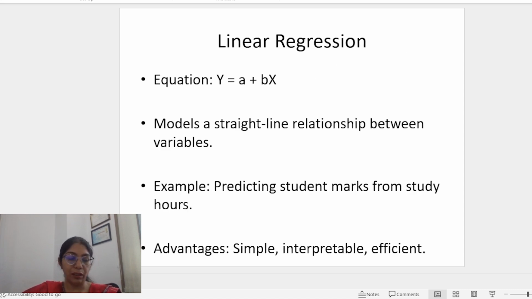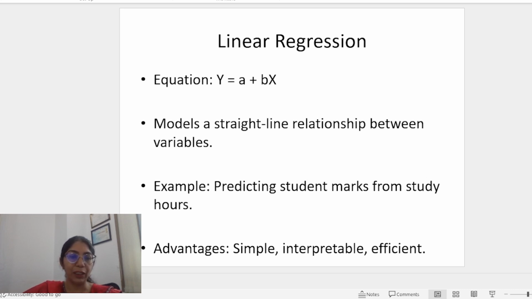Next comes linear regression. So, it is the simplest and most widely used form of regression analysis. It models the relationship between a dependent variable and a single independent variable using a straight line. So the mathematical equation for linear regression is y is equal to a plus bx. Here y represents the dependent variable, x represents the independent variable, a is the intercept and b is the slope